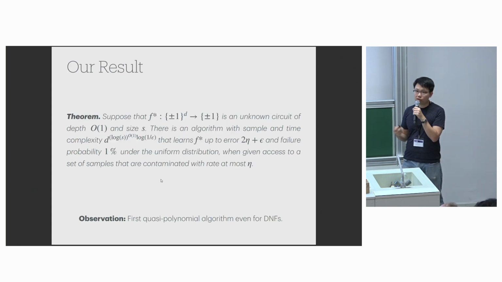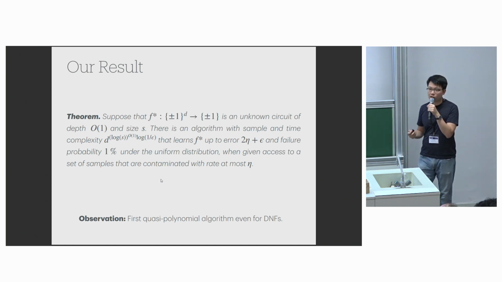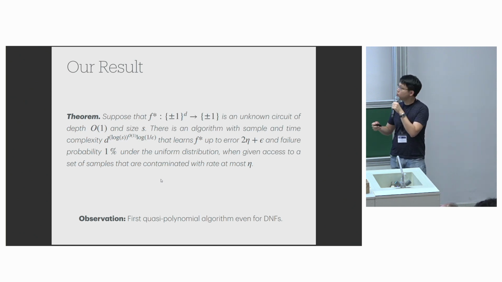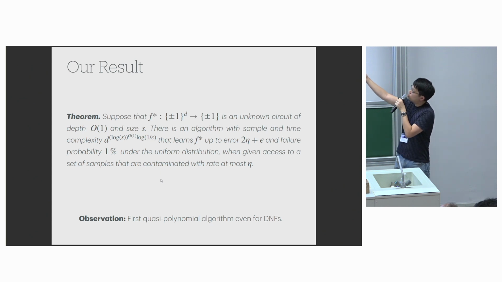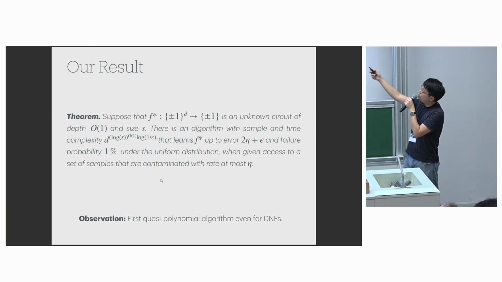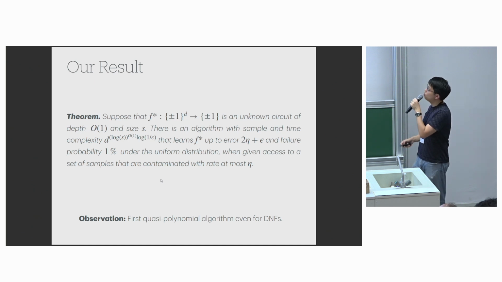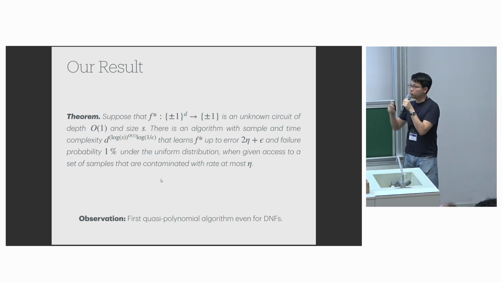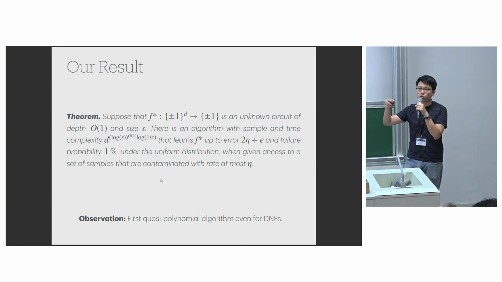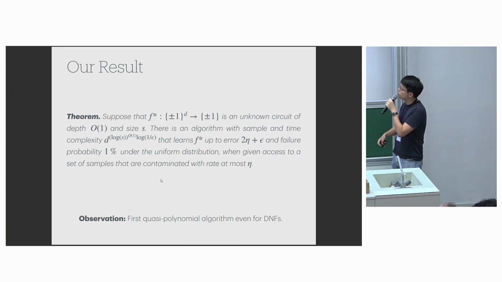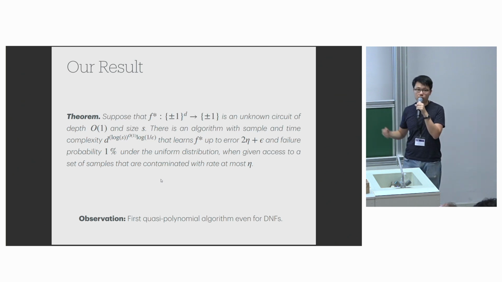Okay, so conceptually, this work is the first to overcome this challenging issue and gives a quasi-polynomial time algorithm for learning constant depth circuits over the Boolean hypercube when an eta fraction of features and labels are corrupted. So essentially it matches the LMN algorithm under this stronger contamination model. And as noted, no previous algorithm was known to achieve this rate.